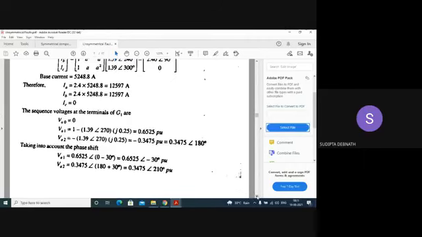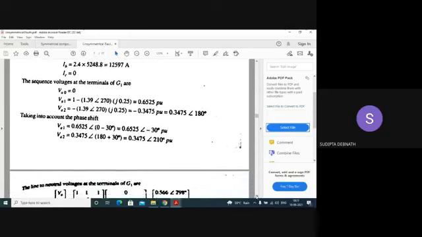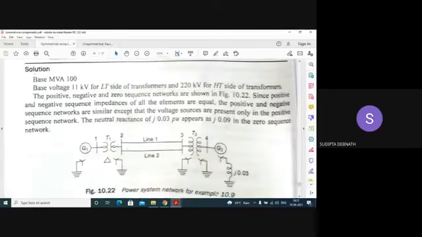So find out the, because here you see they have not used the phase shift here. They first found out the terminal voltages of the generator without the phase shift, because here the plus 30, minus 30 has not been incorporated. Then they have incorporated this one and found it. Actually first they have found out the terminal voltages here, then they have incorporated the phase shift and found it here.